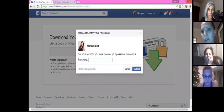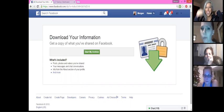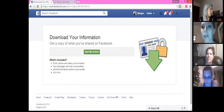And what that's going to do is it's going to say, okay, we're going to email you when we've downloaded your friends list or your archive. It's not just your friends list. It's like everything. It's kind of creepy actually. So then in about 15 to 20 minutes, it takes a while, you're going to get a message that says, okay, we've downloaded it. So then what you're going to do,